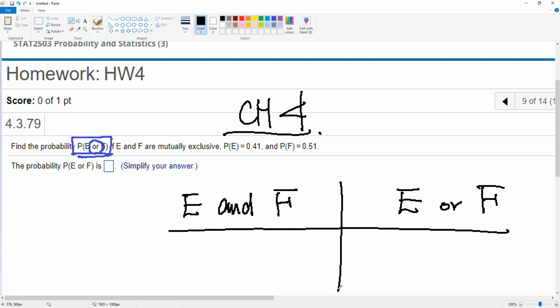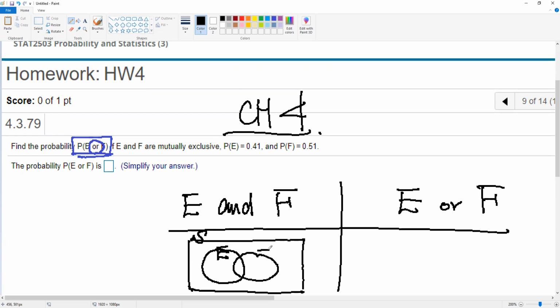We can make a Venn diagram. Have you ever heard of the Venn diagram? The Venn diagram has a rectangle. It is the sample space, the big S. And we have 2 events, E and F,